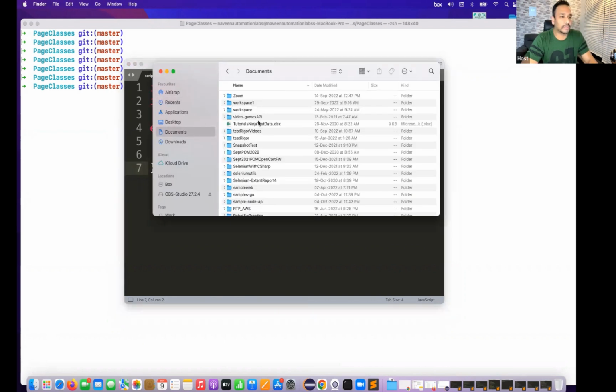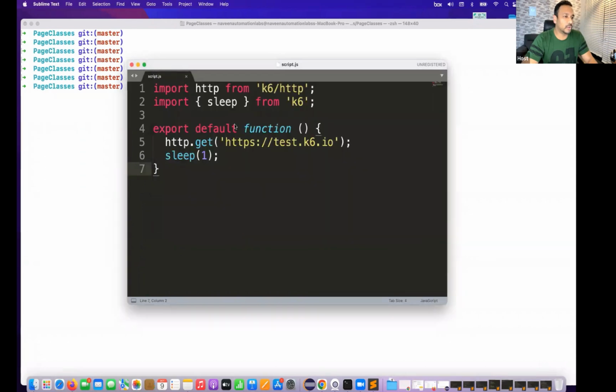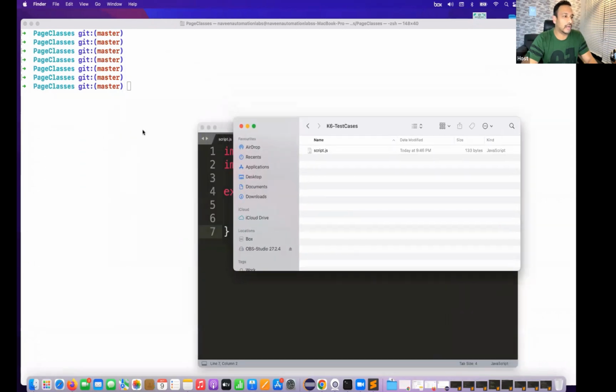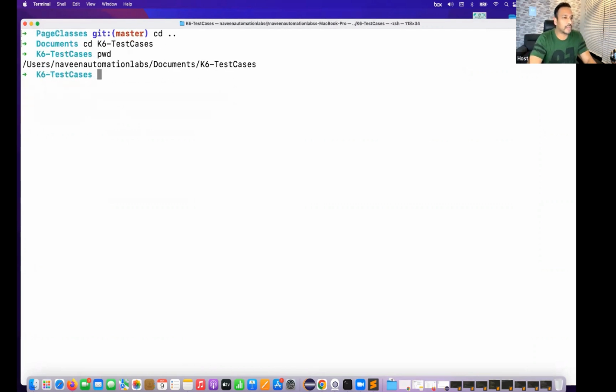So I'll go to my documents and then quickly go to my K6 test cases here, and script.js is available here, right? Perfect. So I'll just go to my terminal and go to that particular directory. I'll go to my documents directory, and under documents we have this K6-test-cases. So now I'm in this directory. You can check that. And if you write ls, or dir in your Windows, then you can see this script.js is